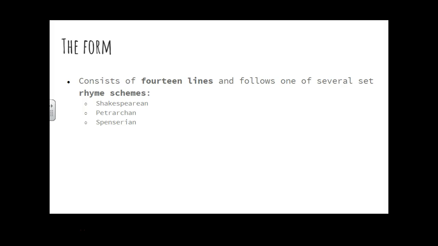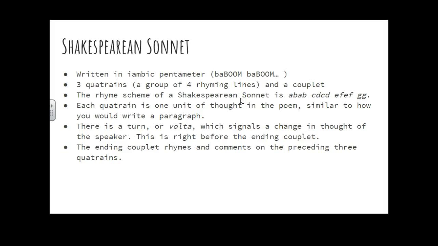Okay. So, Liz, how many lines are there in a sonnet? 14. 14! Okay. How many different types of sonnets are there, Grant Taylor? 3. Nailed it. You guys are killing the game today. Okay. So, Shakespearean sonnet. So, in this format, so remember again, we've got 14 lines, right?